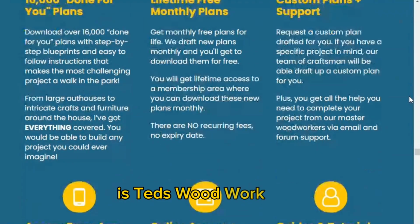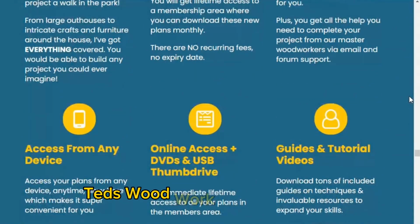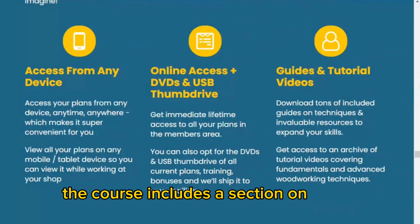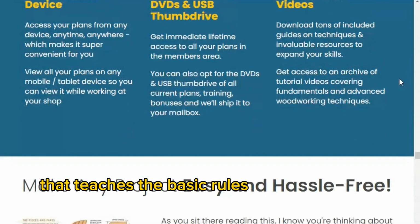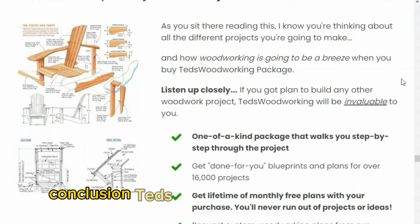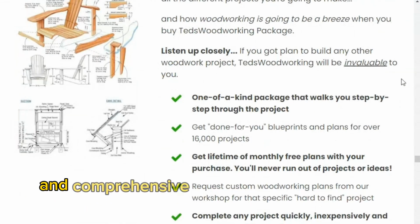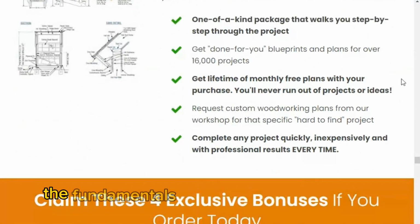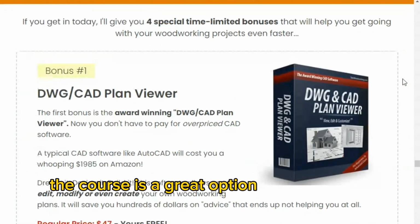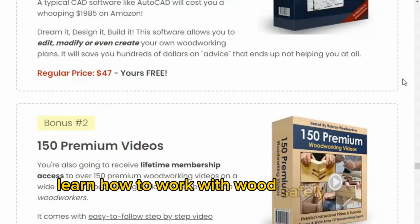Is Ted's Woodwork safe? Ted's Woodwork is a safe course. The course includes a section on safety that teaches the basic rules for working with wood. Conclusion. Ted's Woodwork is a complete and comprehensive course that can help you learn the fundamentals of the art of woodworking. The course is a great option for those who want to learn how to work with wood safely and